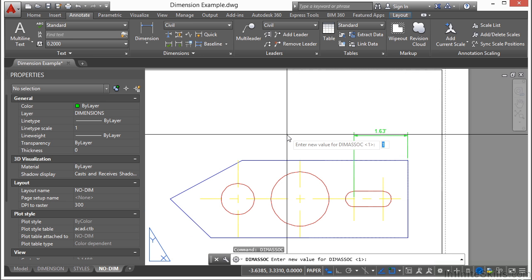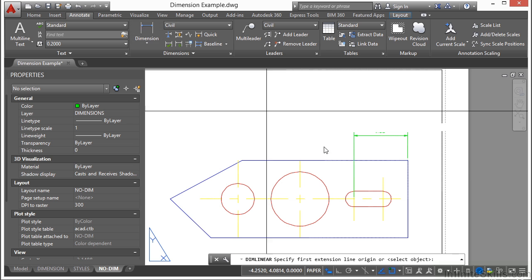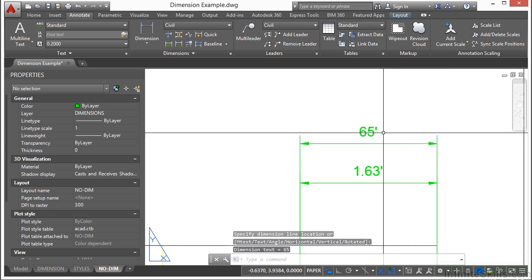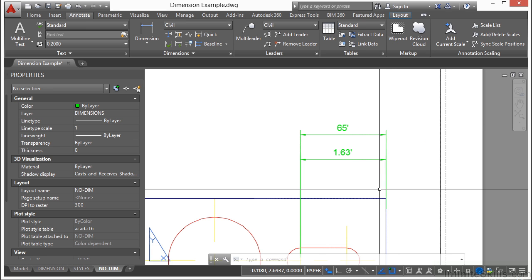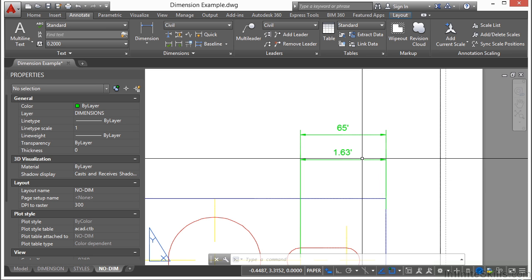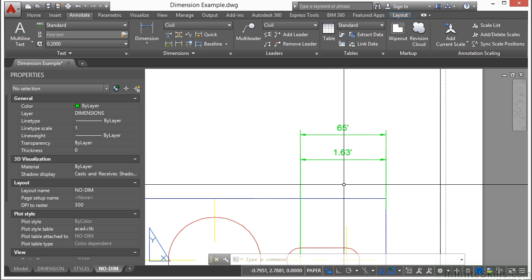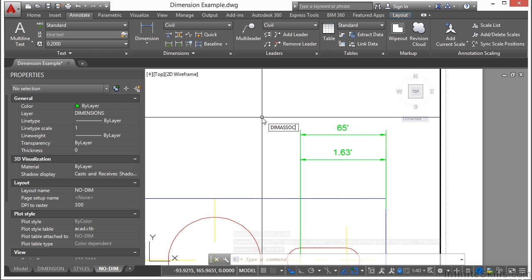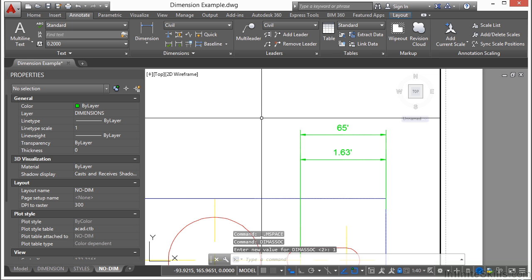If I set my DIM Associates setting to 2, and I dimension the exact same spot, you'll see here I'm getting a different value. Setting 2 associates your dimension insert points to the object in model space that you pick while you're dimensioning in paper space. Setting 1 doesn't do that. It takes the absolute true length of what you're actually measuring in whatever space you're in, be it model or paper space. So if I double-click inside this viewport to activate it, and I change my DIM Associates setting to 1,